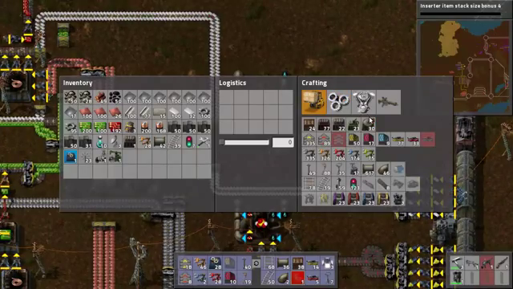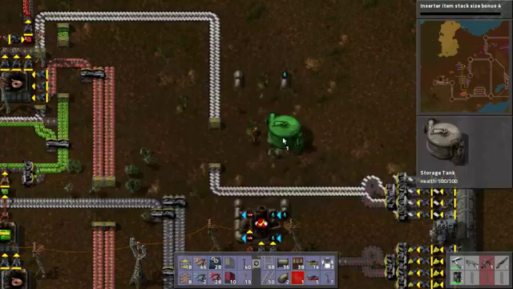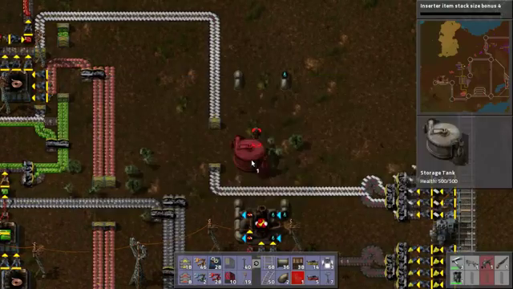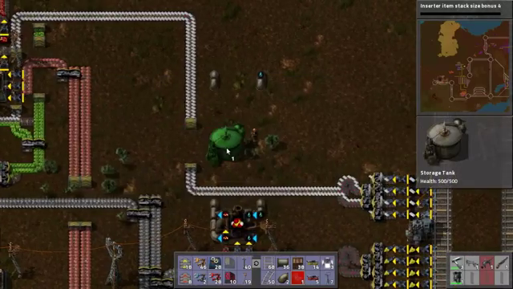Do I have any spare tanks? No, that's alright. Just give me one. I can wait 3 seconds for a storage tank. Thank you. Drop a storage tank in...